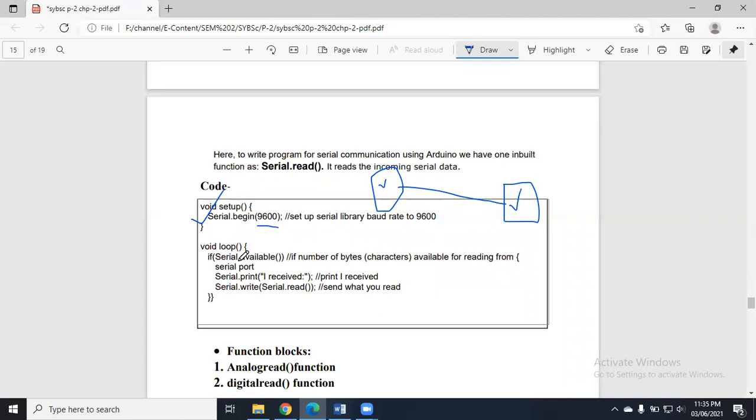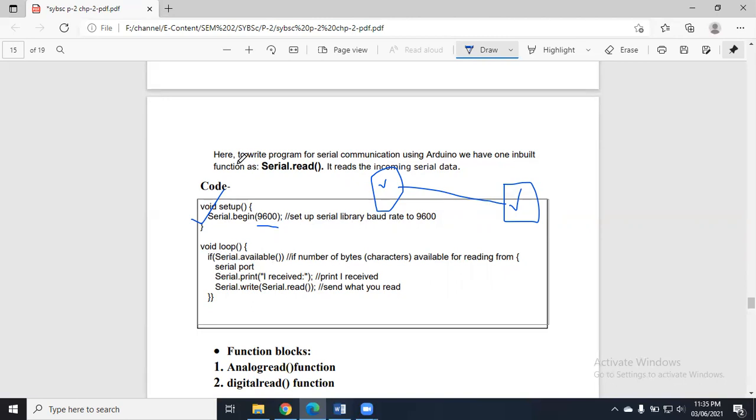First thing, what is happening right now? Arduino is checking the serial port for any kind of data. If Serial.available, that means there is data available on the serial port, then we have to print with Serial.print. So we are going to print whatever data is available on the serial port.